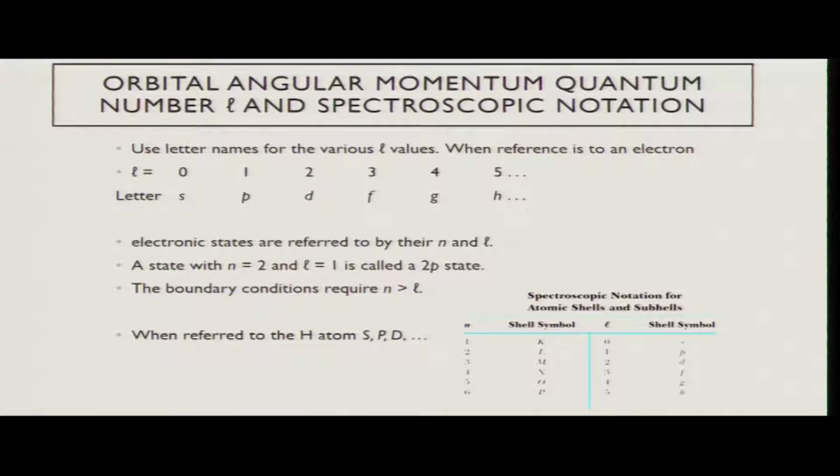When referred to the hydrogen atom, we therefore have s, p, d kinds of shells, and the spectroscopic notation involves the capital S, whereas the orbitals are always represented by the small letters. The spectroscopic notations for the atomic shells and the subshells, as we have been showing here, have been given in terms of K, L, M, N, O, P,